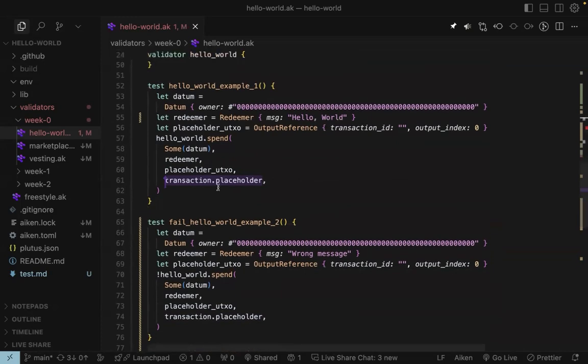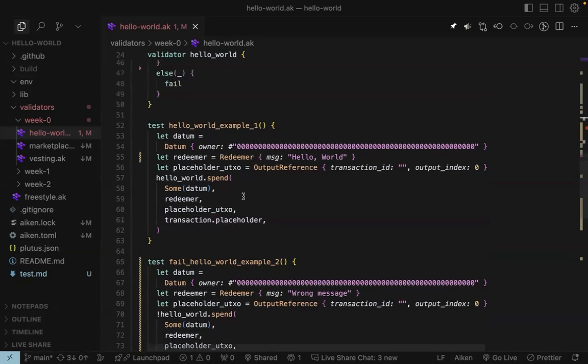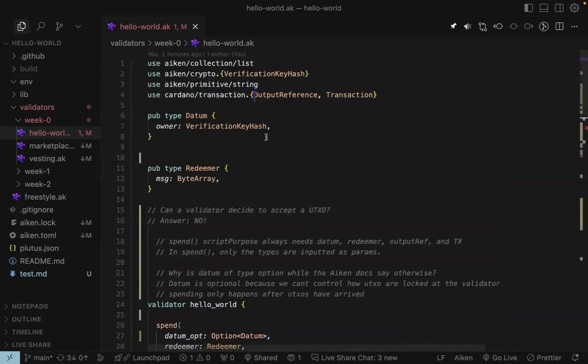I think, and I don't know, but I think we just have access to a transaction, and so we can just call it. Oh, you think so? Oh, okay. Maybe it comes from that import statement, but maybe you can just call it, and it's just available to us. It's like a built-in. But it's kind of hard to test because we need the type of transaction and we need the type of output reference. So I don't even know how to run the test if we